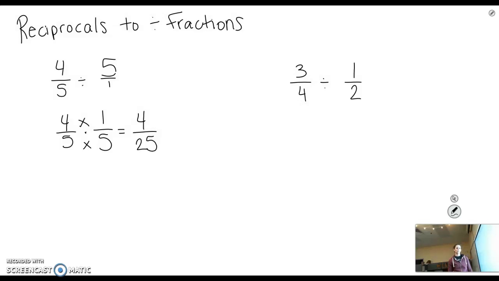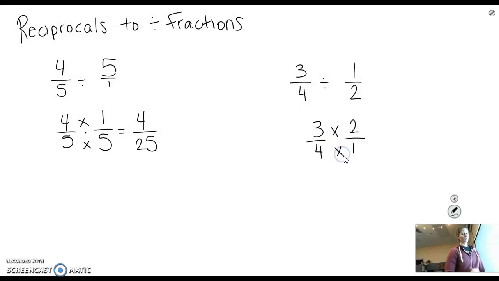Okay, so let's look at the second one. We have 3/4 divided by 1/2. So the first thing I'm going to do is find the reciprocal of 1/2. Which I just flip it over, and it becomes 2/1. And then I have